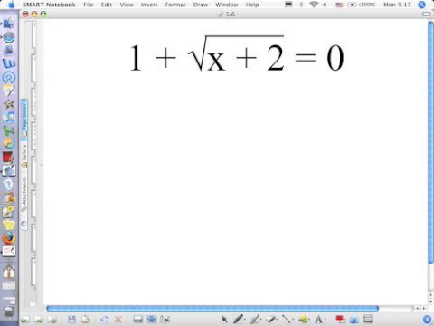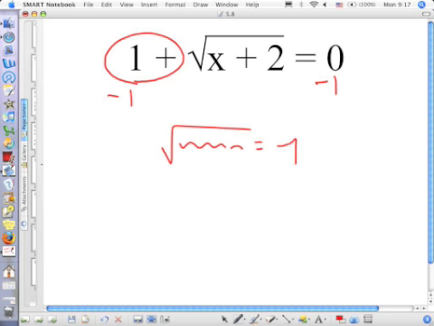Because the square root can't be negative. Very good. If I'm going to isolate this radical, I've got to get rid of plus 1. That means I've got to subtract 1 from both sides. So now I have that the square root of something is equal to a -1. Can the square root of anything be negative? No. Okay, so for now, as long as we haven't learned about imaginary numbers yet, from here there's no solution,